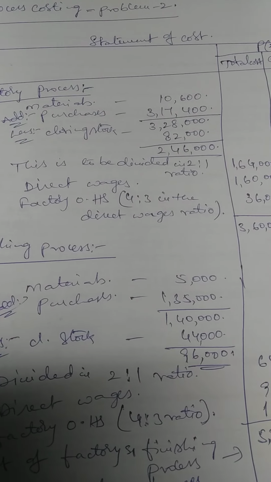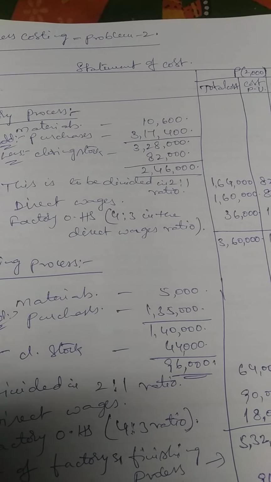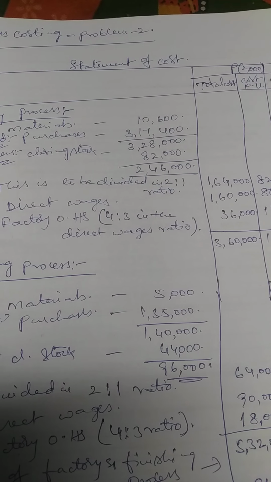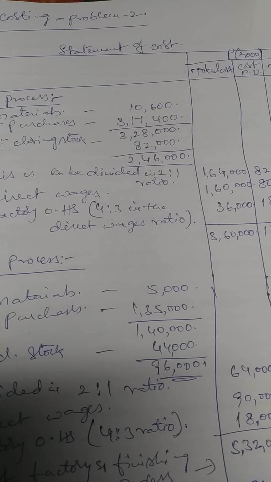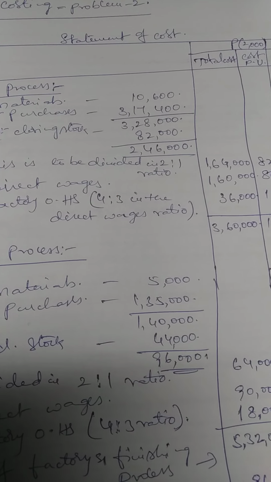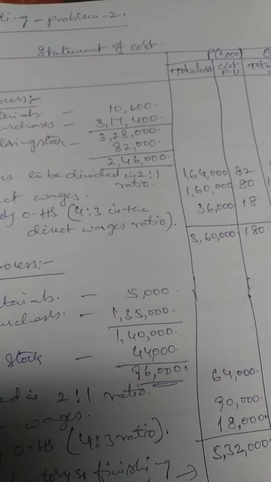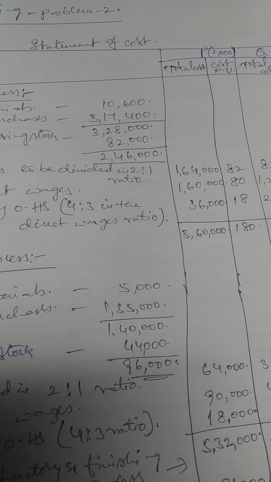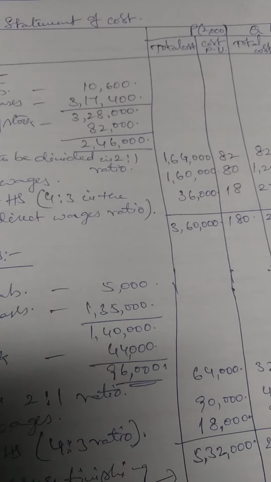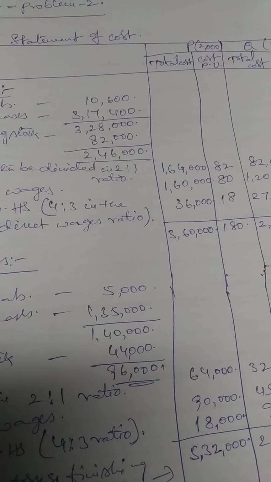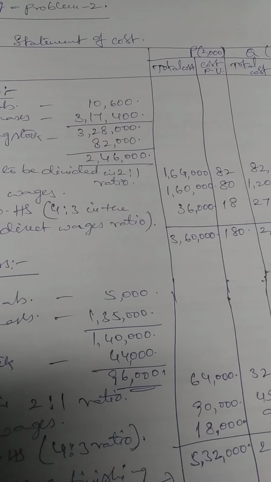So the direct labor cost is recorded separately, the materials are allocated in the ratio of output, and general expenses are treated similarly. So he is giving us how to allocate the expenses to both the products, that is P and Q. So factory and finishing overheads charges are apportioned on the basis of direct labor ratio of each process. So prepare process accounts from the following particulars showing total cost and cost per unit of each product. Also show percentage of profit.